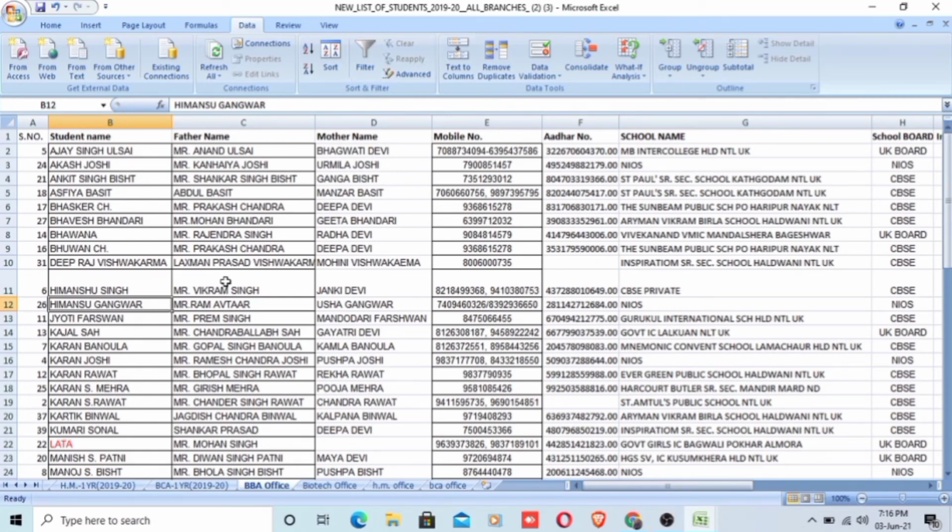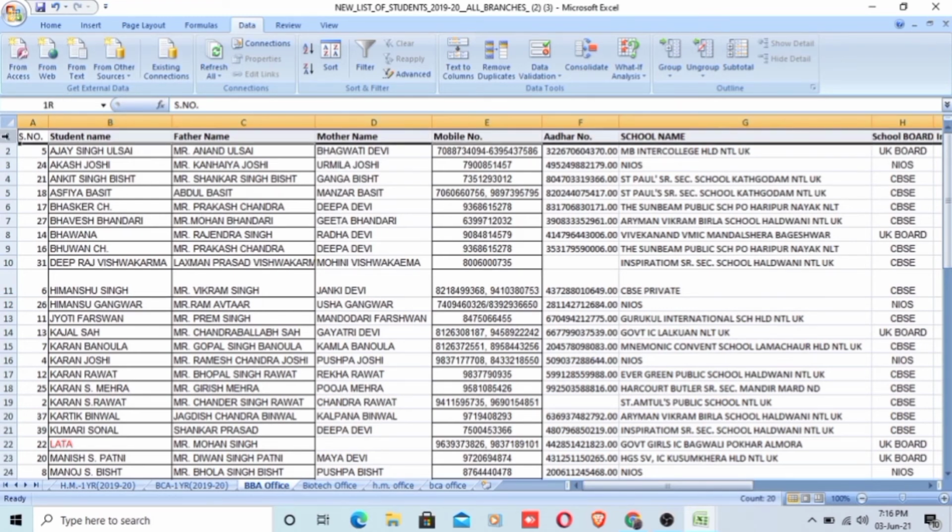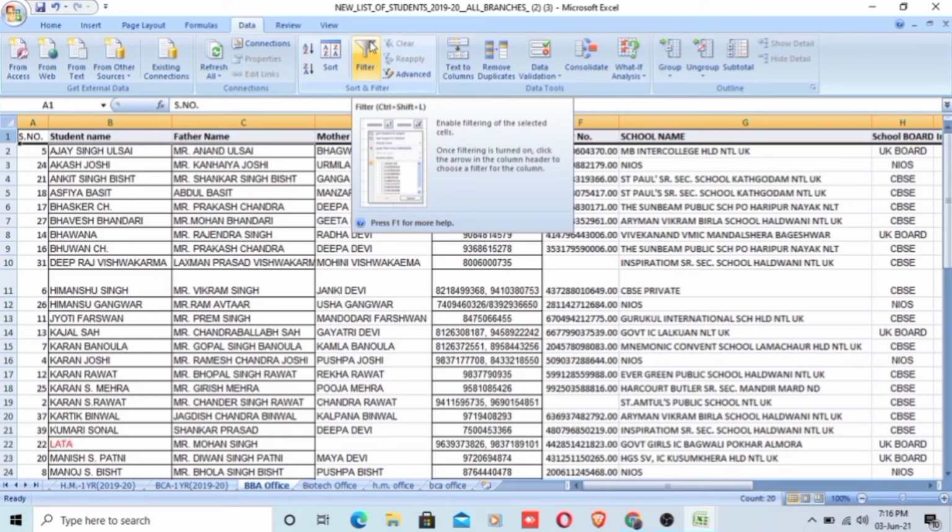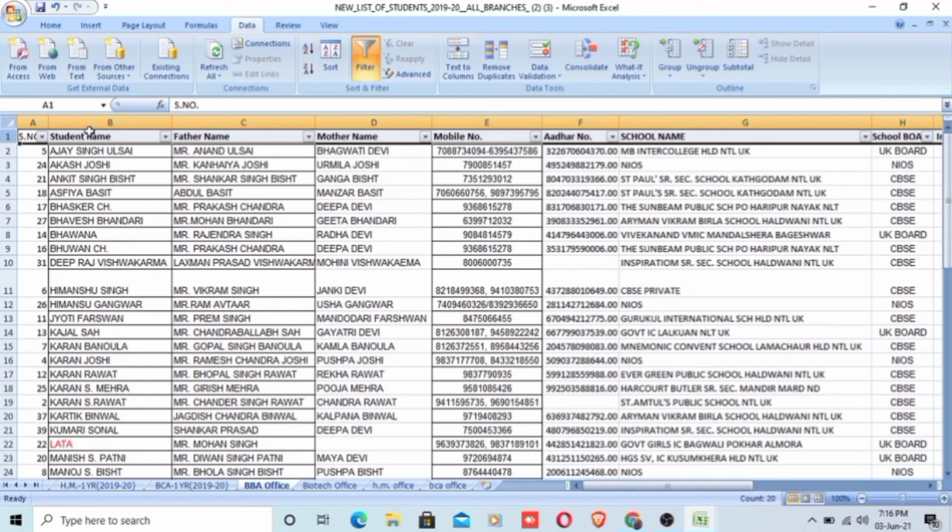So if I want to perform the filtering operation on our data, then I have to follow the following steps. First I have to select the data cell. So suppose I'll select the data cell from here. I have to go to the Data menu. Under that Data menu, I have to go to the Sort & Filter group. Inside that, I just have to click on the Filter tab. See that the drop-down list will appear to the right side of each field name in the column headers.